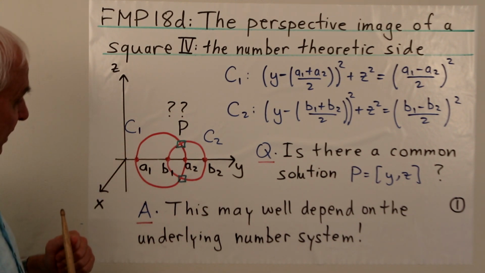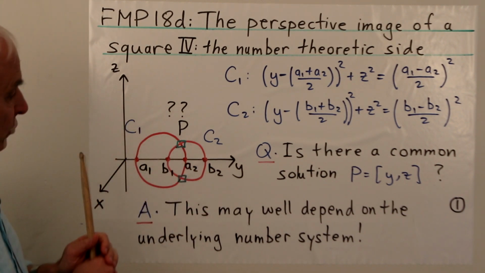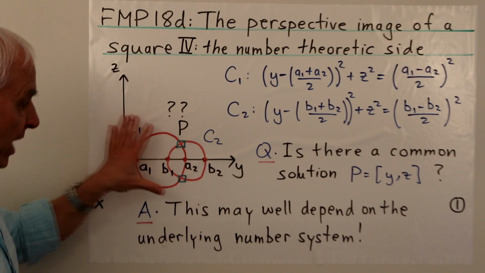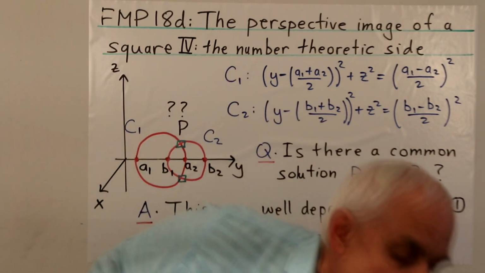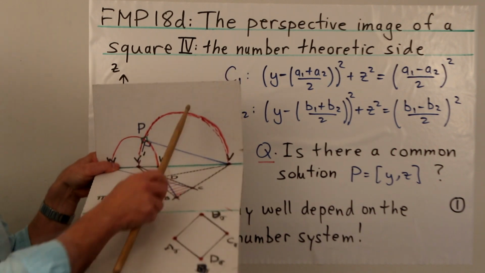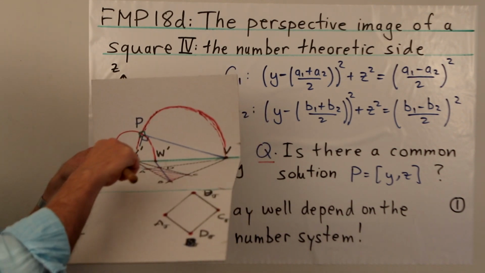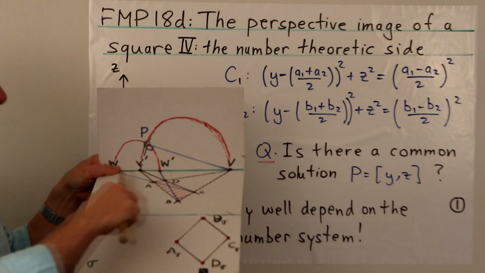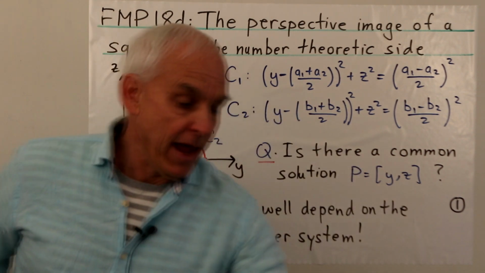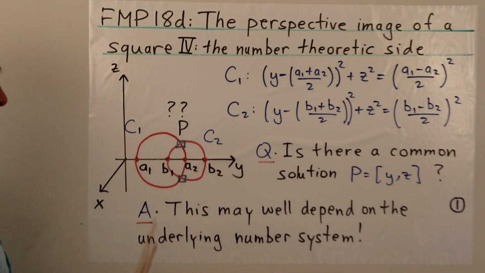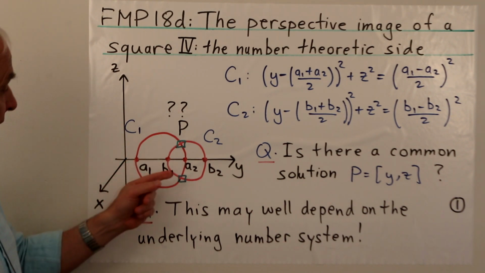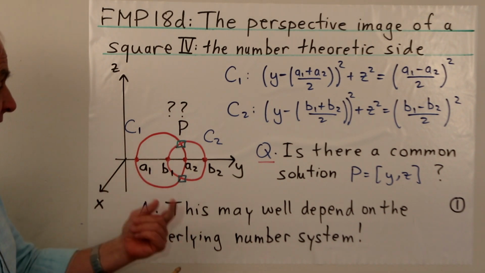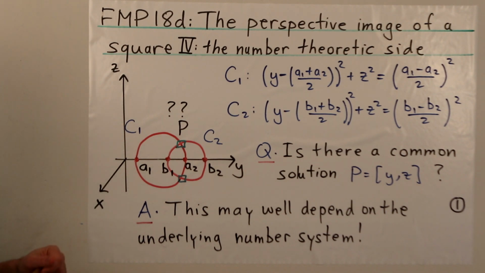So let's orient things so that we're still kind of in a three-dimensional situation. So here's 3 dimensions, x-axis, y-axis, z-axis, and we're going to be just concentrating on the yz plane, which you can think of as being this plane here. Okay, so maybe this is the x-axis coming out here, y-axis in this direction, z-axis in this direction. Okay, so we're looking at this plane here, which is the YZ plane. And we have 4 points, say on the y-axis, coordinates A1 and A2, and they are a diameter of a circle C1, and also B1 and B2, they're the diameter then of a second circle C2.